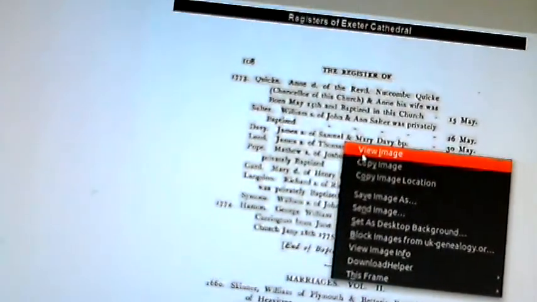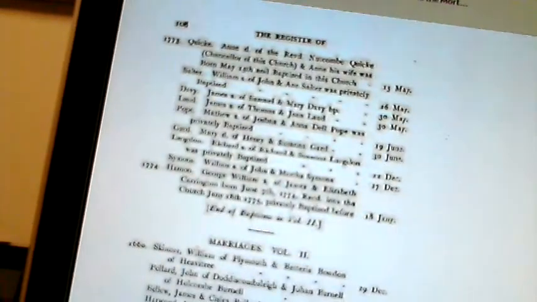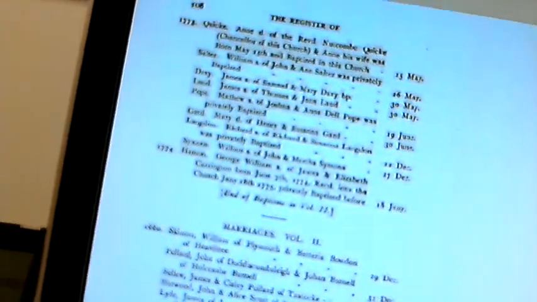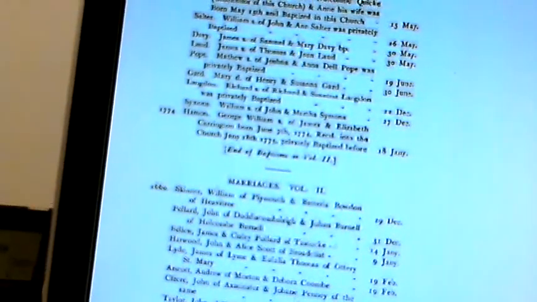Now, how would I find out, if I just found this site, how would I find out how to actually download one of these things? Well, it says page 108 HTML down there. Am I getting that? Yes, I am. If I click on 108, I'll see the register. But what I do here is I actually want to view the image. And once you view the image, I right-clicked on it and selected View Image. And once I did that, then I was able to just get the JPEG file, which is really all I'm interested in right now. So I can copy that,